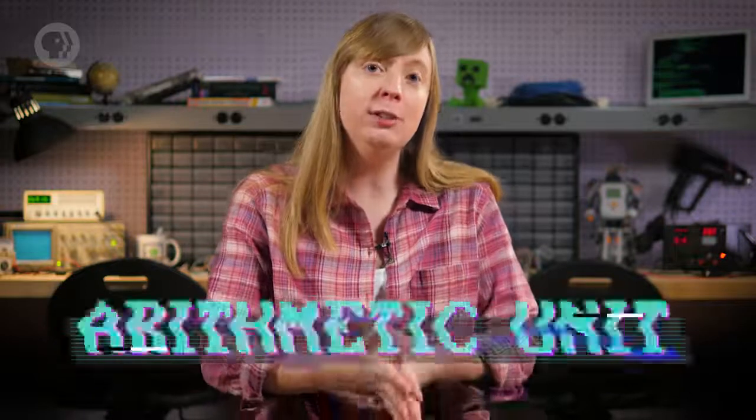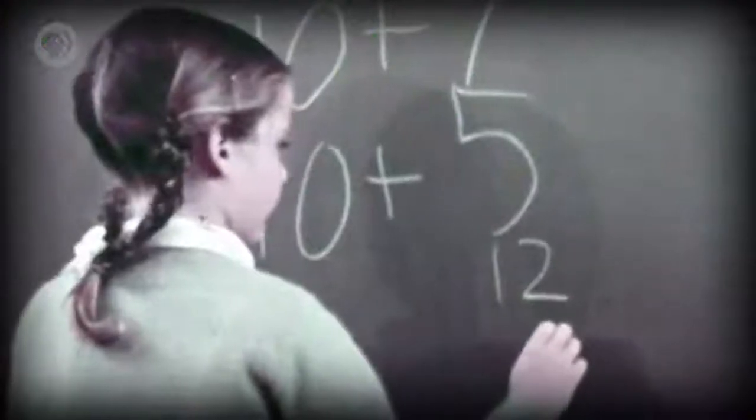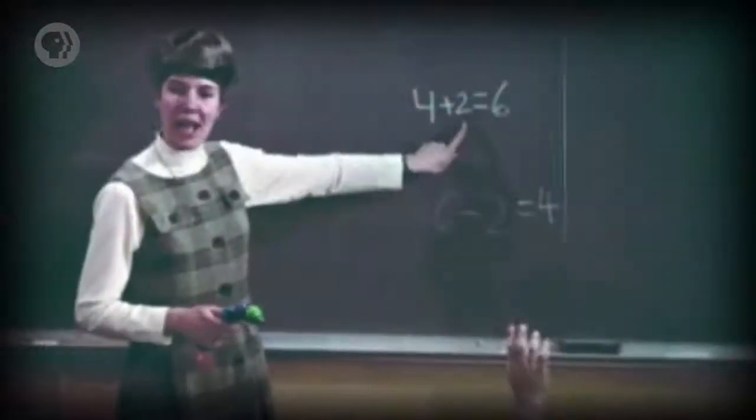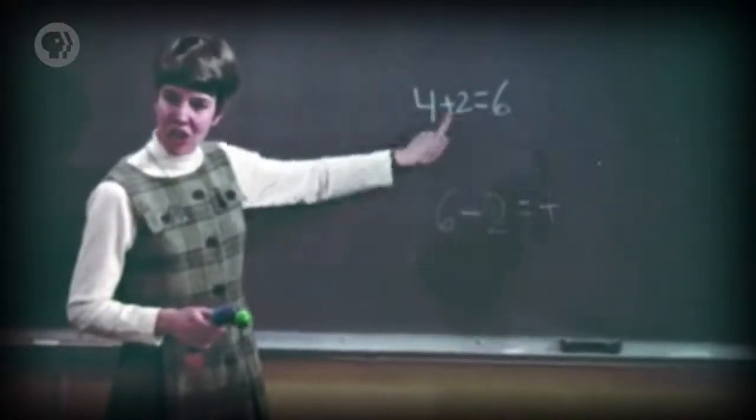An ALU is really two units in one. There's an arithmetic unit and a logic unit. Let's start with the arithmetic unit, which is responsible for handling all numerical operations in a computer, like addition and subtraction. It also does a bunch of other simple things, like add one to a number, which is called an increment operation, but we'll talk about those later. Today we're going to focus on the pièce de résistance, the crème de la crème of operations that underlies almost everything else a computer does, adding two numbers together.